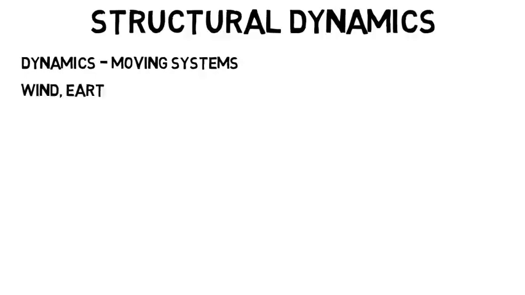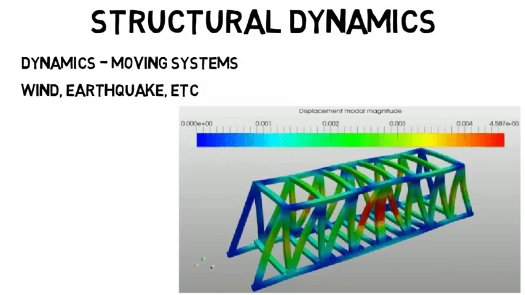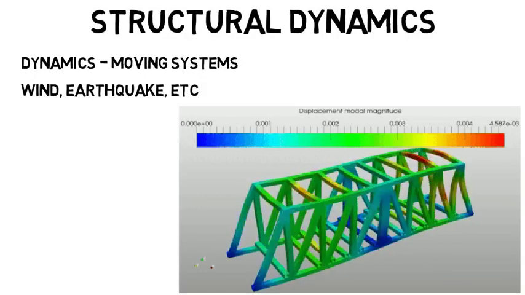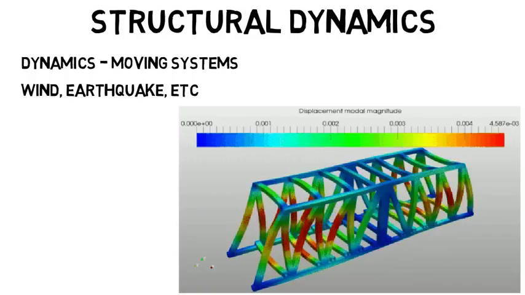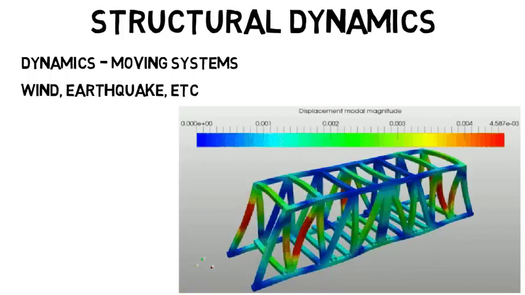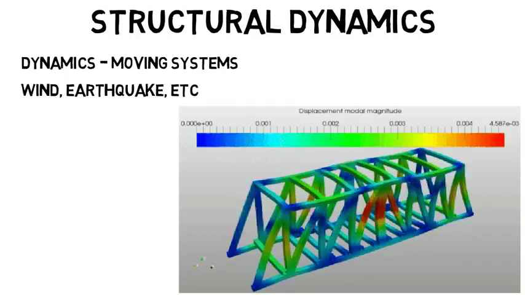You can take structural dynamics as an elective class. Dynamics is about moving systems, unlike statics. So this is one of the few classes where motion is included. So whether it's wind or an earthquake that shakes a building, you need to know how that motion will impact the structure itself and all the forces within it. I've shown this animation before, but mostly for mechanical engineers as it's a vibrating system that they could analyze, but civil engineers could get into this as well.